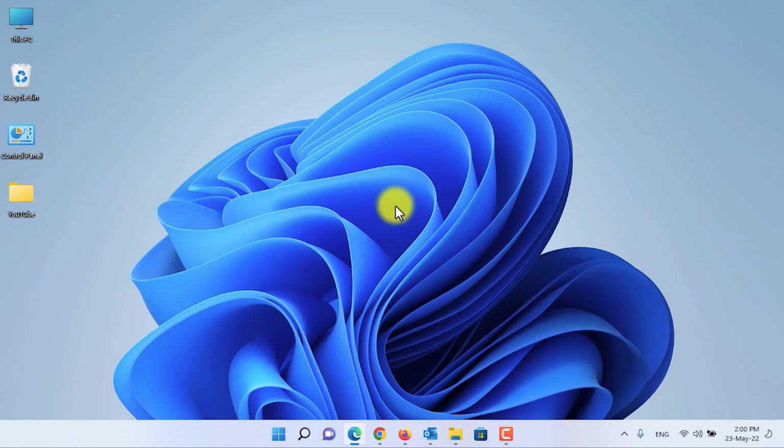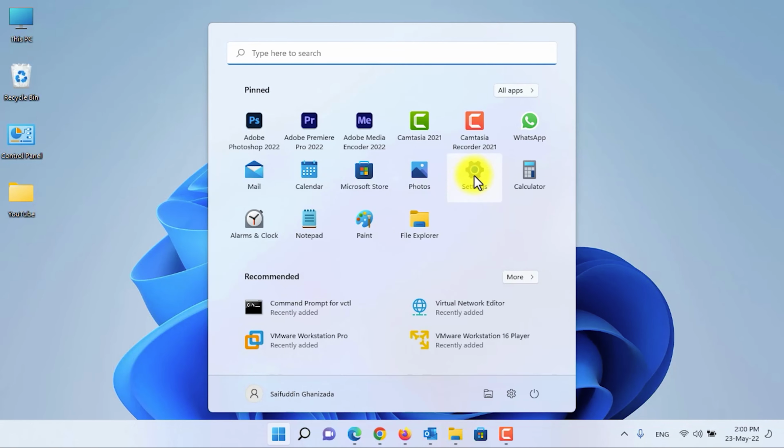In this tutorial, I will show you guys how to find out the original installation date and other system information about your Windows 11. I will show you both from GUI, from the Settings application, and using the CMD commands. Let's start. To know the original date of the Windows installation, first of all, open the Settings application.